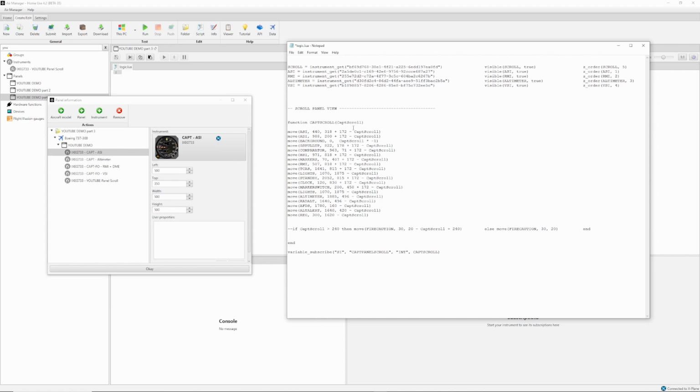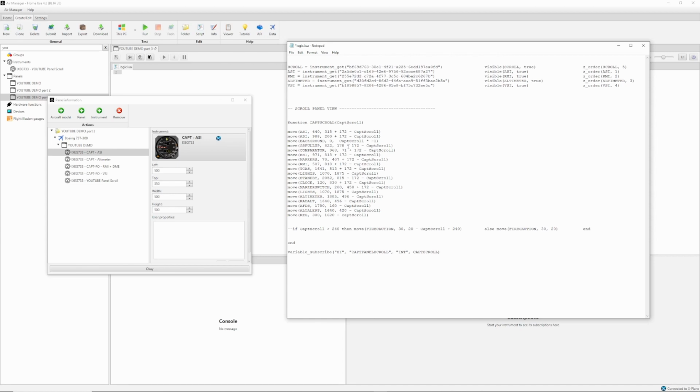So we have now told the panel script that these 5 instruments, one of them of course invisible, the scroll instrument, are all part of this process. They're all visible, even though this is invisible, but the panel can still see it, still knows it's there, and they're to be drawn in this particular order. And the reason is that the controls for the scroll are always above anything that might be below them. You're not going to lose a button because there's an instrument behind it. Okay,